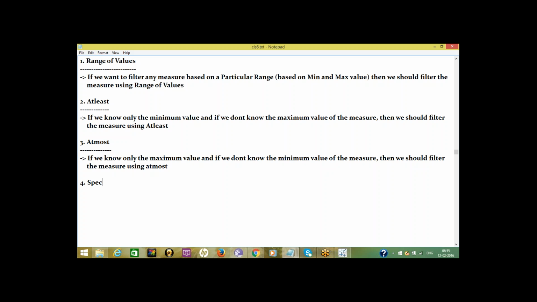Next one is special. Special will be dealing with null. Special deals with null. While handling the null values in the measure, the special option is used.